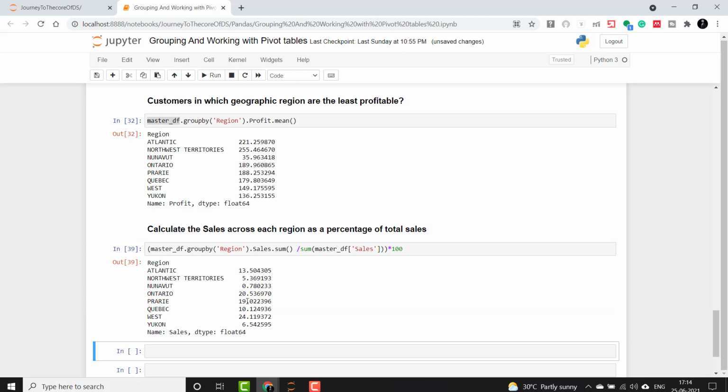Now you will see here that regions Ontario, West and Prairie comprise about 64% of the total sales. This way you can even compute on top of the series.